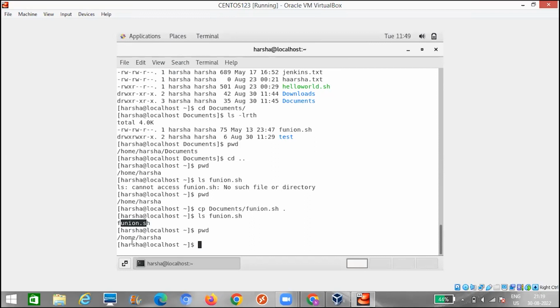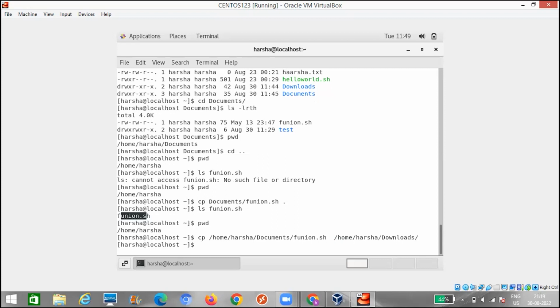At that time, based on your requirement, you have to use it. So the complete path is something like copy /home/Harsha/documents/function.sh to /home/Harsha, maybe downloads. I want to copy into the downloads. So based on our requirement, we can decide whether we want to use a relative path or a complete path while copying.